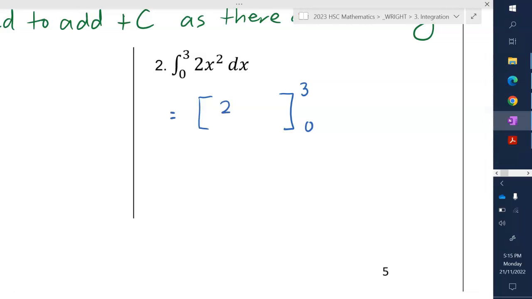So I've got a 2. I'm going to add 1 to my power on my index to get a 3. I'm going to divide by that new index, which is 3. I'm going to substitute my 3 in first, so I'm going to get 2 lots of 3 cubed all over 3, minus, pop my 0 in now, 2 lots of 0 cubed over 3, which is equal to, what have